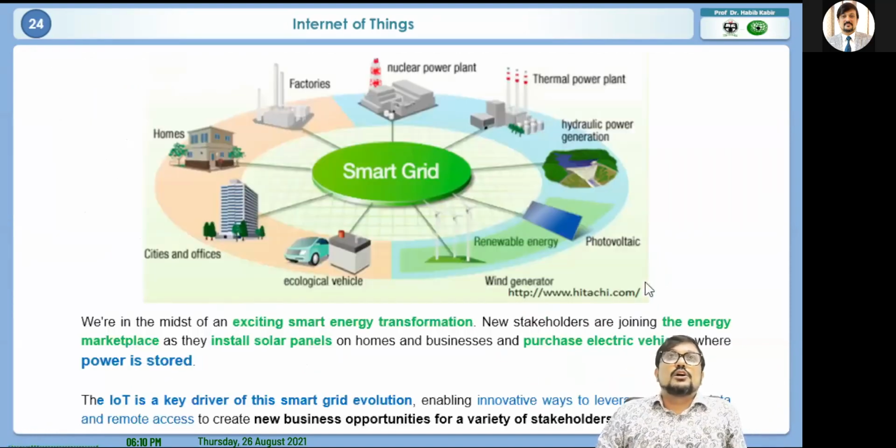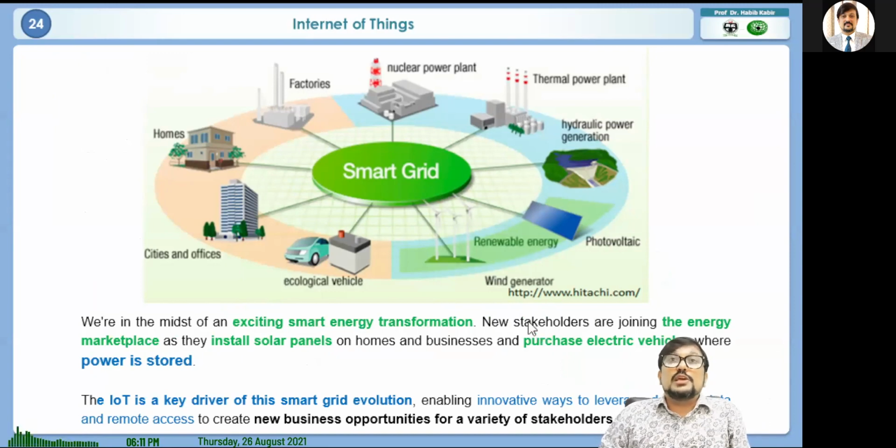Okay, then the smart grid. Smart grid means, as I told you, that the grid has been there from the very beginning, from Edison and Tesla, but now we call this one smart. So this is an exciting smart energy